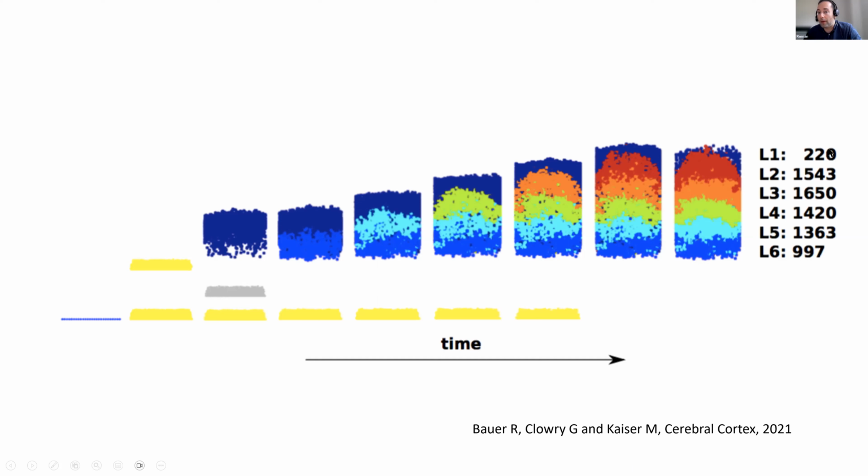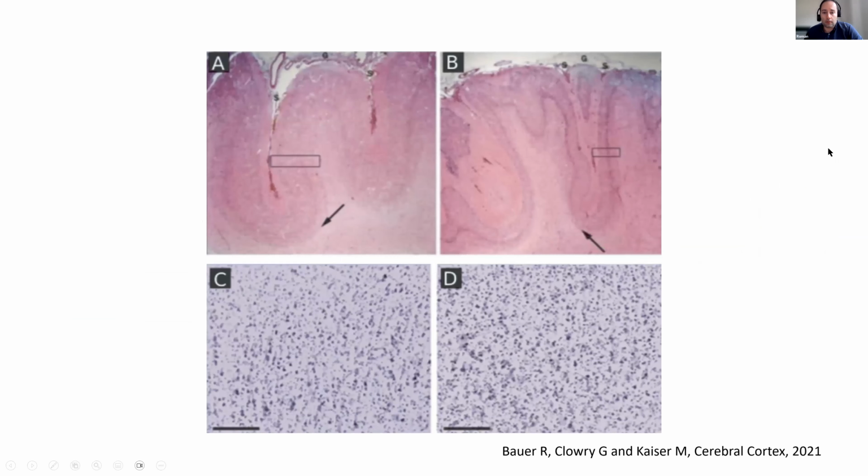And then we also compared with experimental data. And one of the clinically relevant parts of this work was that we could actually put this in correspondence with experimental information from certain medical conditions, including